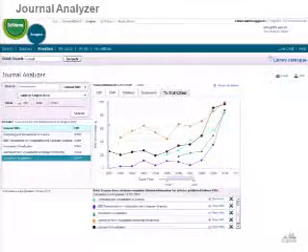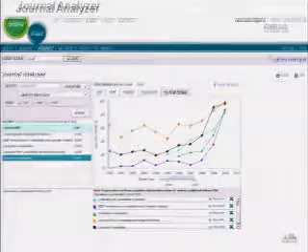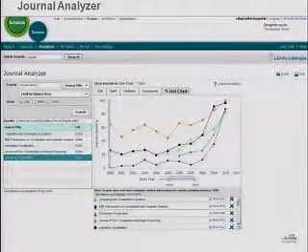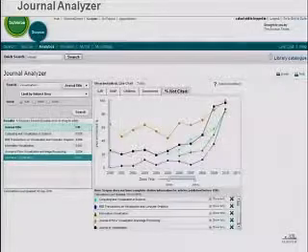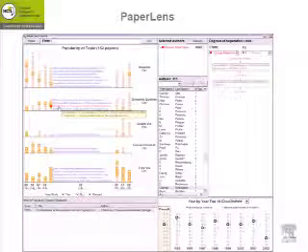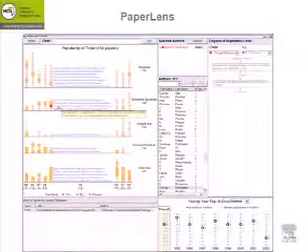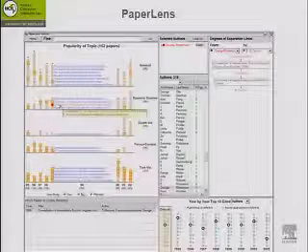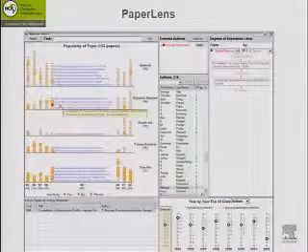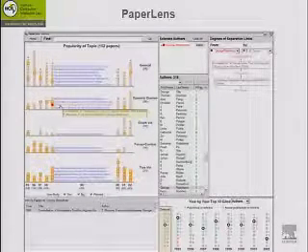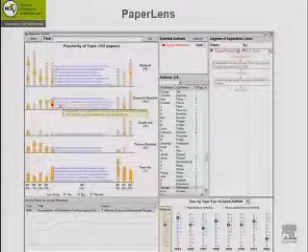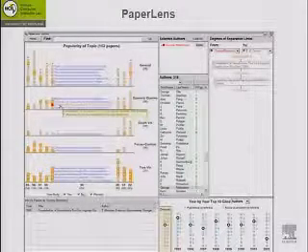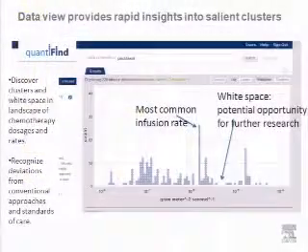Journal analyzer. We all try to analyze our journals, but the way that you can do that is you can create an image of it, and then you can visualize all the stuff. Another important piece of research is at the University of Maryland with PaperLens. If you look at this, it's giving you insight about what's happening in a topic, who the most prolific authors are, and you can drill down to find more information.